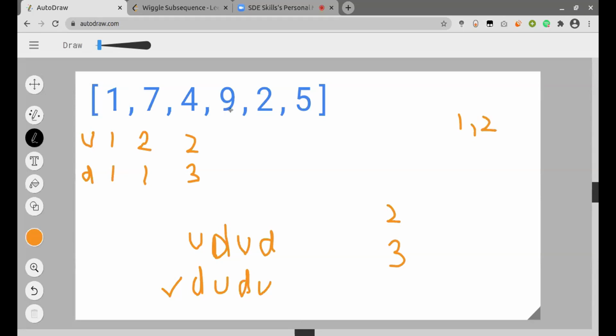When I come at 4, I will see this is again an increasing sequence, and I need to take the decreasing value at 4, which is 3 plus 1, which is 4. So this is 4. And I don't have a decreasing sequence at 9, so I can just take it as 1. So out of all these values, I will try to take the maximum one because I need to maximize my sequence. So here it would be 4 and here it would be just 1 since I don't have any decreasing sequence ending at 9.